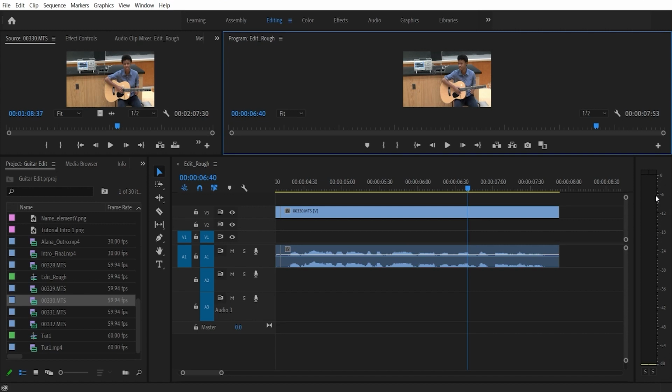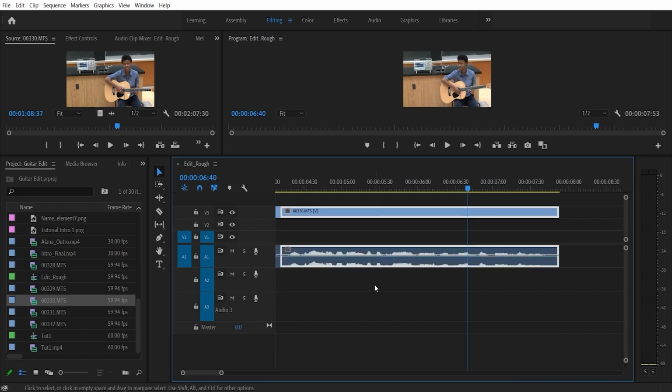So what you want is your sound to basically be hitting about this -6 on a consistent basis, for the different clips. So you're going to need to balance some different clips, because some of them are going to have louder sound than the others. So if you select the clip that you want to change the volume for,